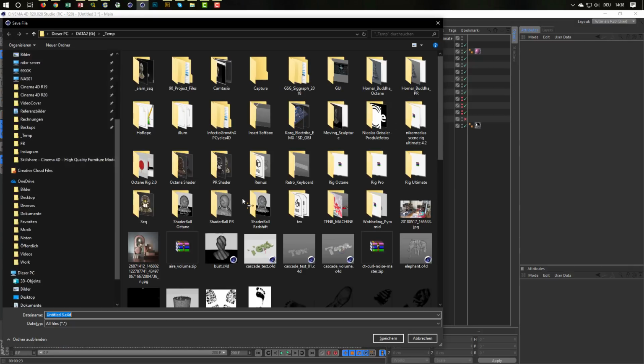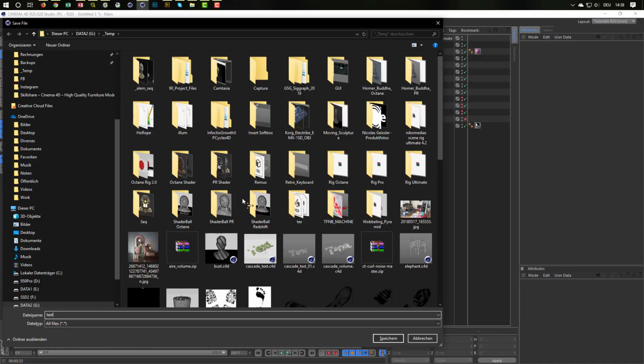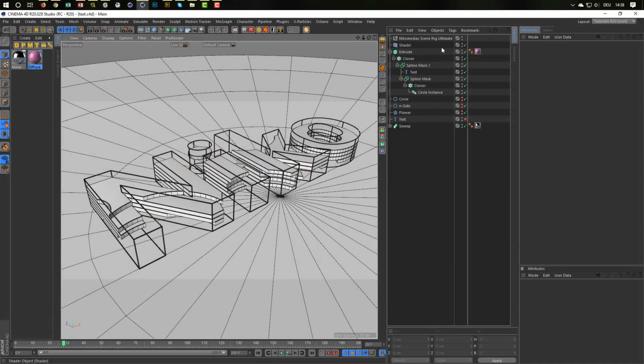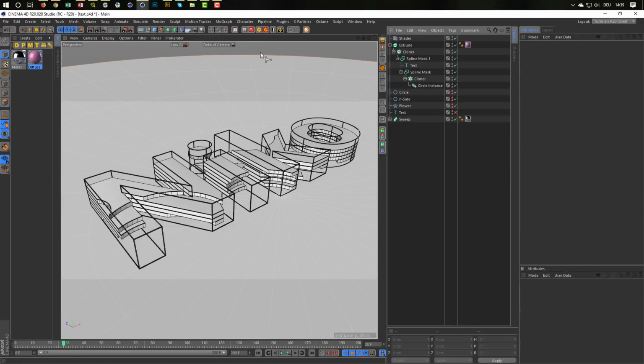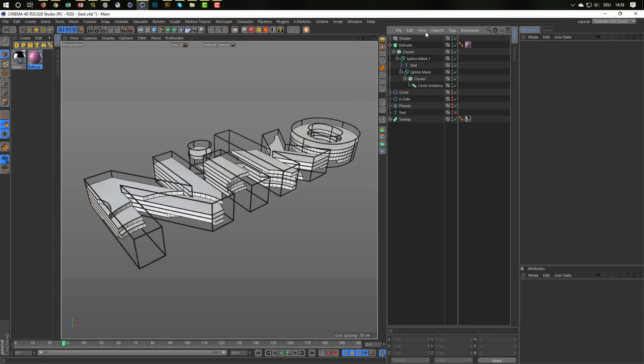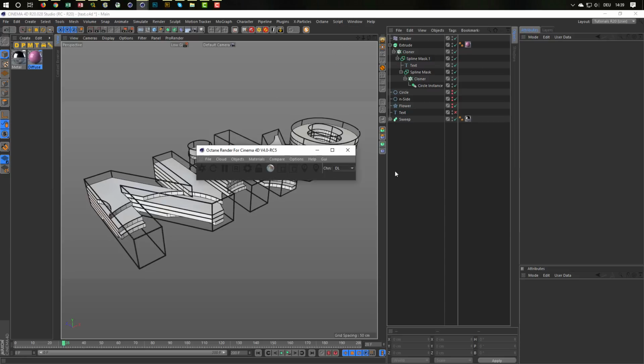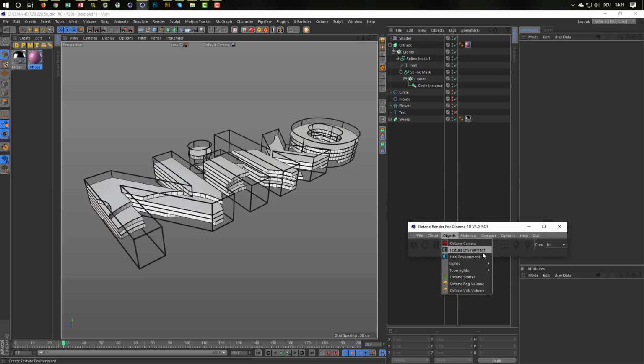So let's save this. Save it simply as text now. And yeah, good. First I delete the scene rig and bring in, oh yes, and in this layout I need my Octane dialog object, bring in an HDRI environment